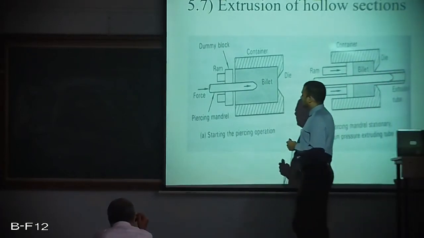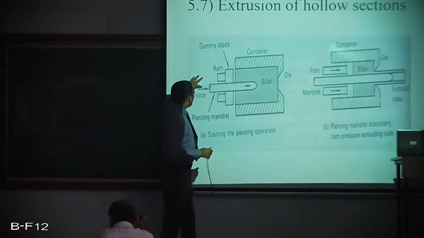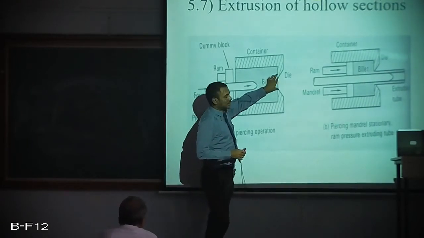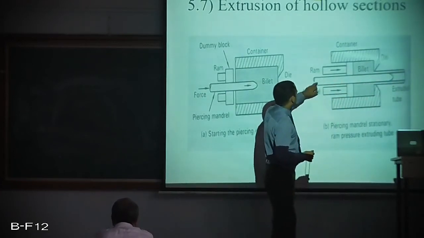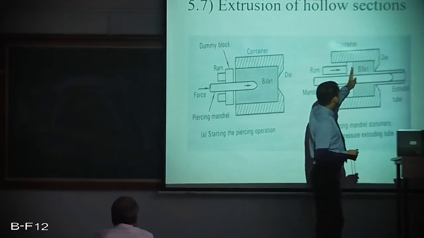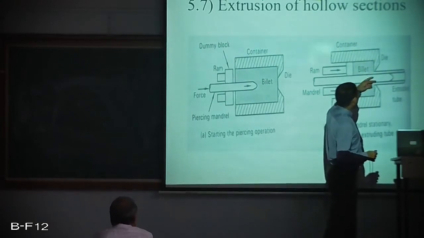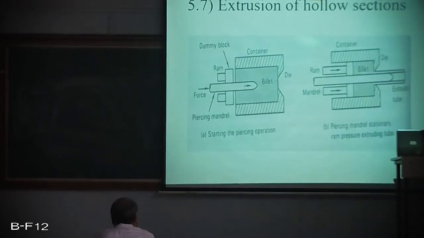You can see over here, this is the starting of the piercing operation. So you have the hot billet, and the mantle is being forced through this billet towards the entrance of the die opening, and it is completely pierced through the die opening. You can see this is the mantle, this is the ram, and now the ram starts moving and the billet is forced into the die opening. So automatically you can create a hollow tube, also called seamless tubes. Seamless tubes are extensively used for high pressure applications.